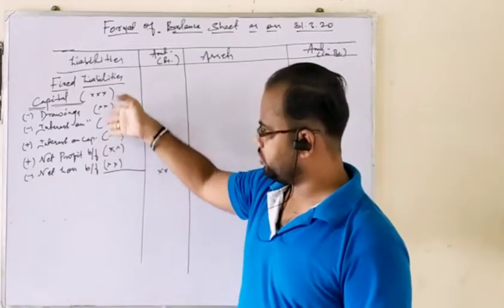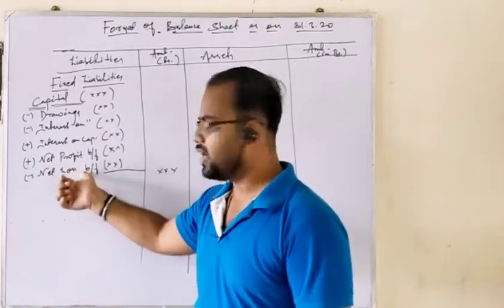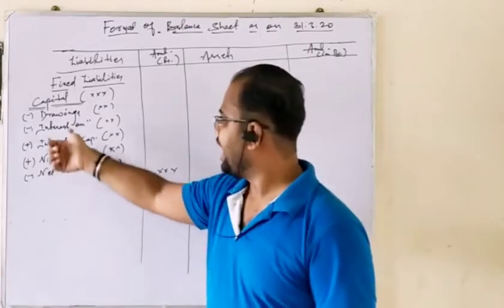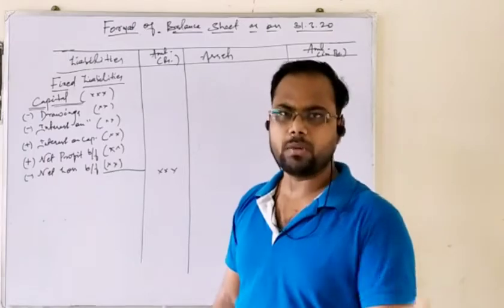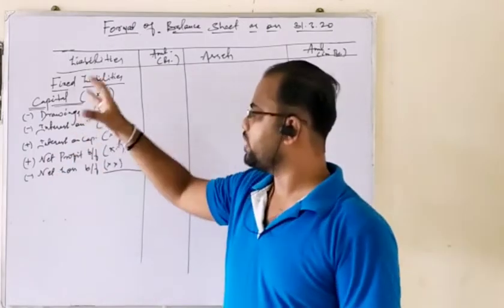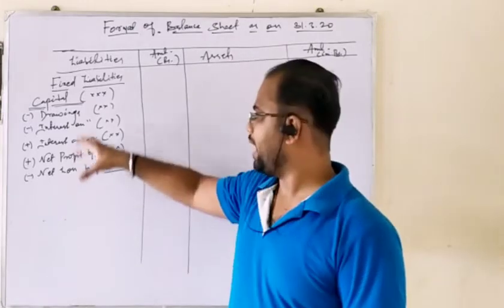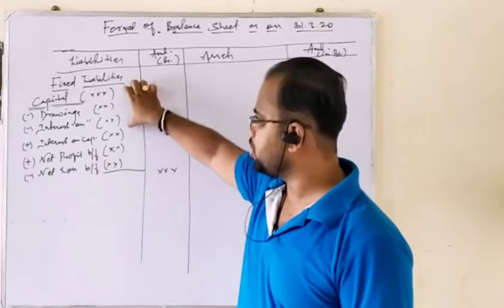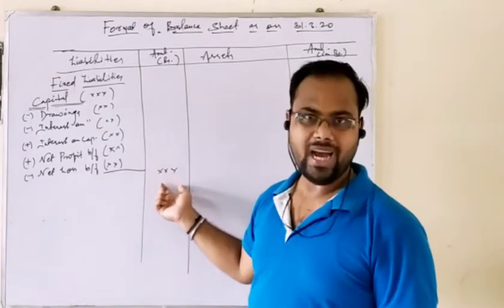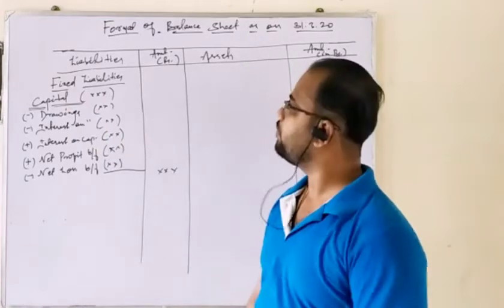So out of these 3-4 situations, only 2 or 3 situations will come, because profit and loss do not come simultaneously, and likewise drawings and interest on capital. Now there may be chances, but we cannot say that drawings will be there or interest on drawings will also be there. It may be possible. That is why I have written all the adjustments regarding the capital. So after making all the calculations, you should put the final amount in the outer column. So this is the first example or item of fixed liability.